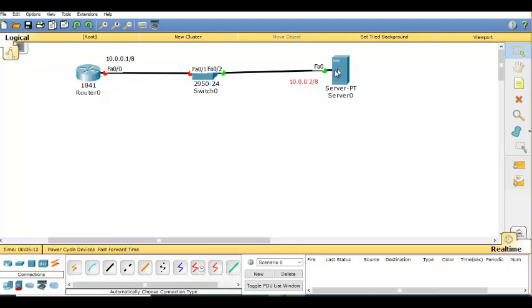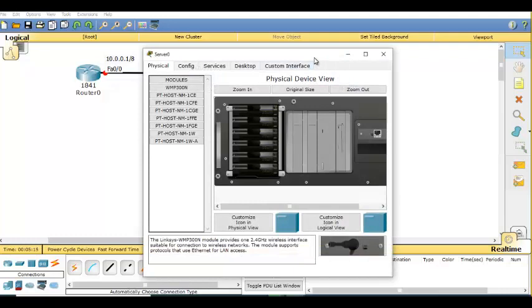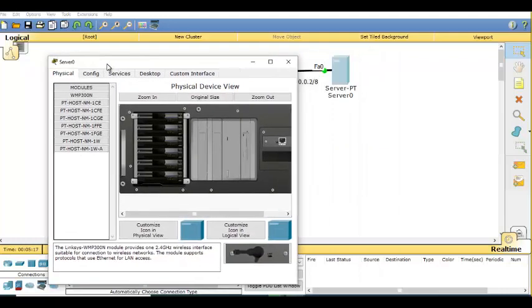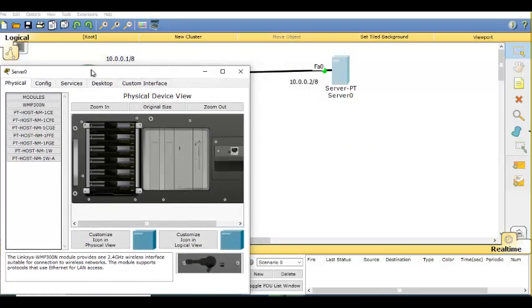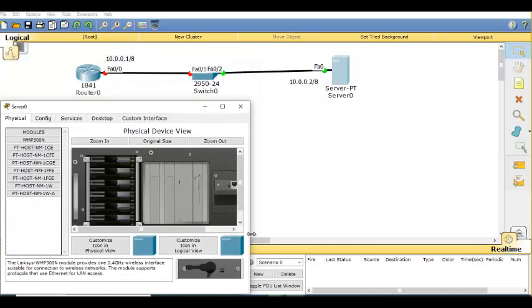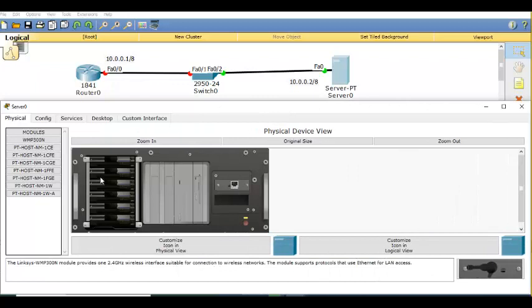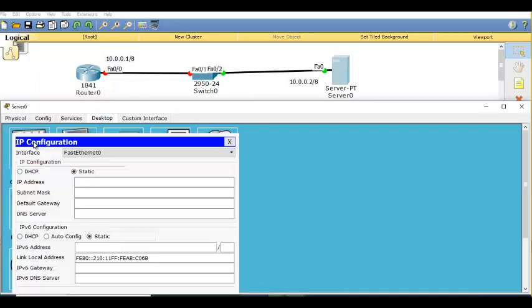Now I'll go inside the server. Server is nothing but a big computer with more additional features in it. 10.0.0.2.